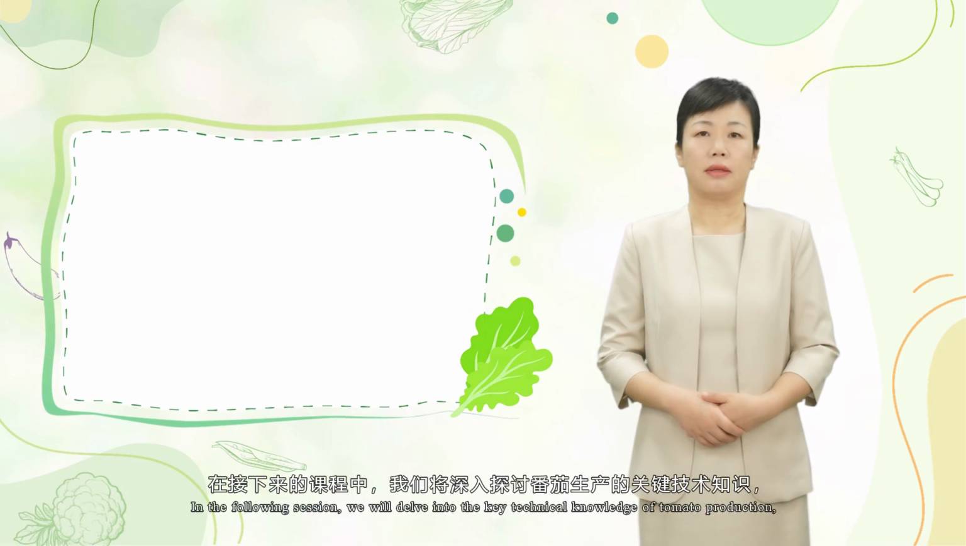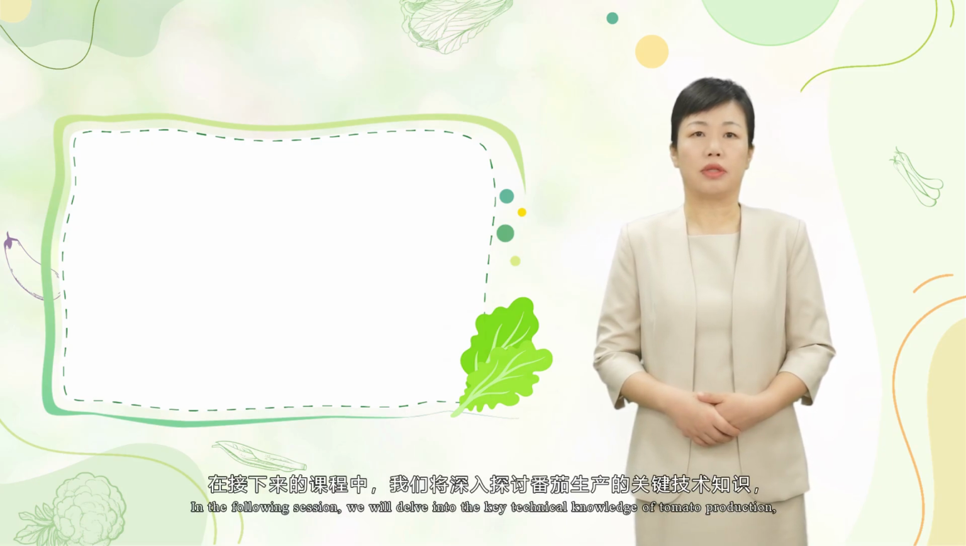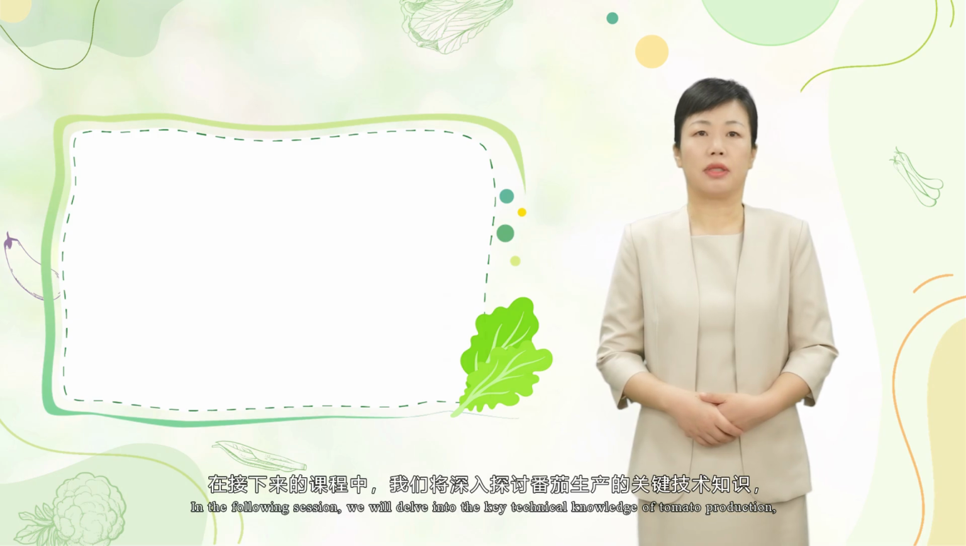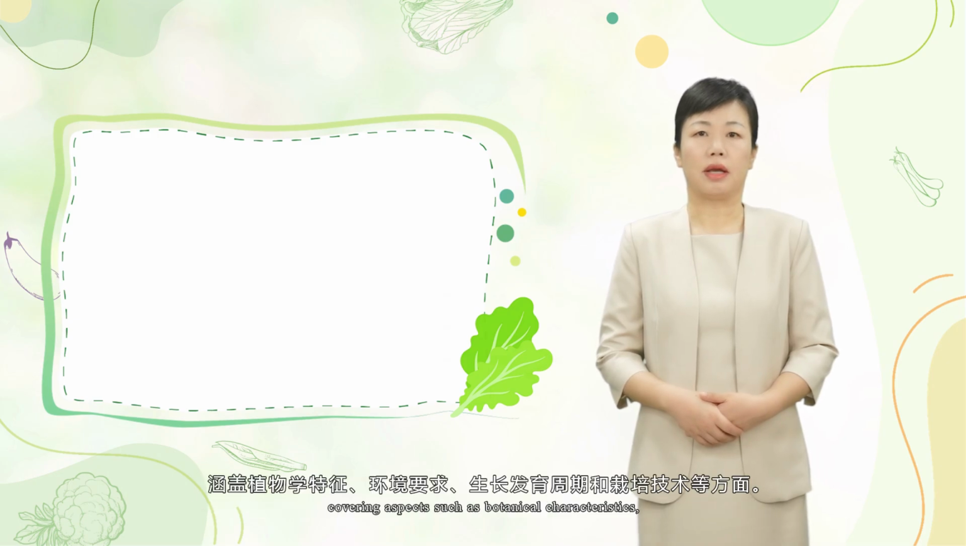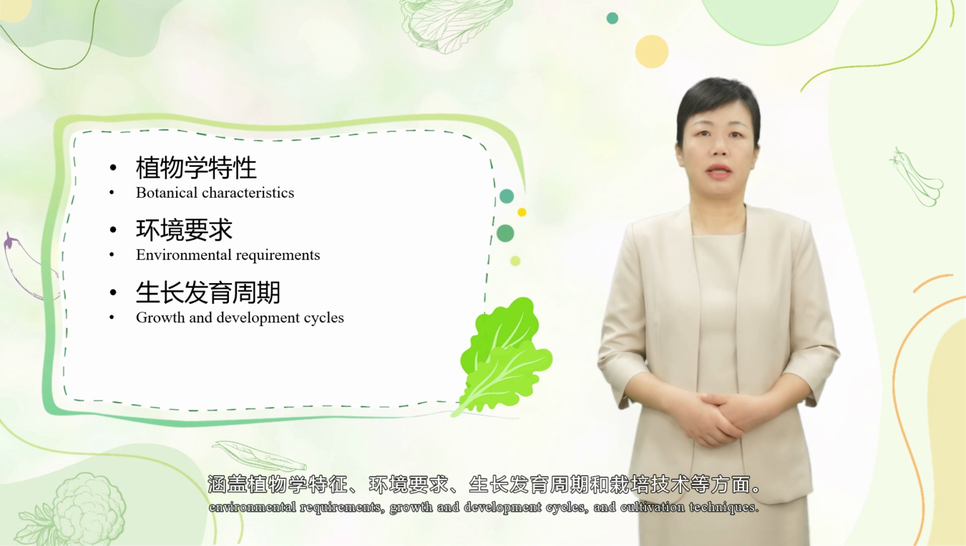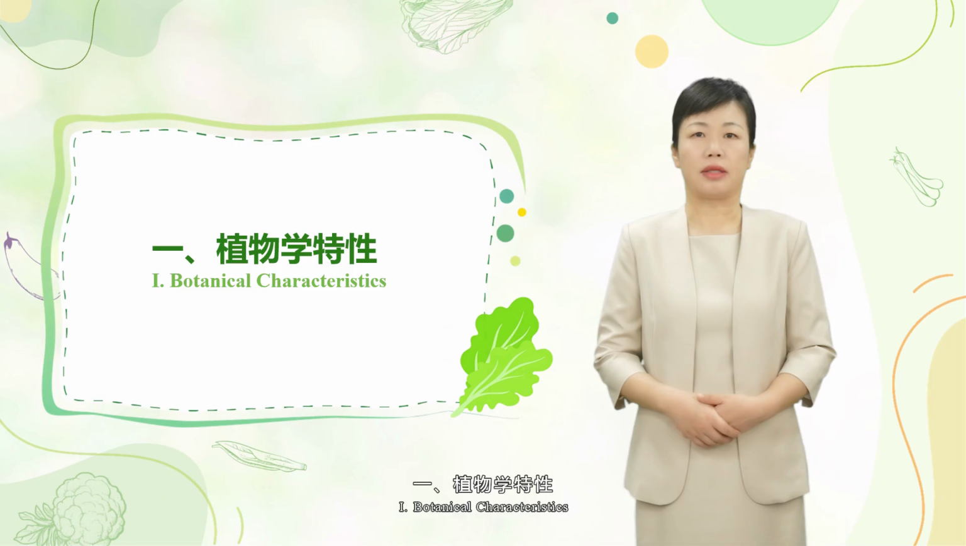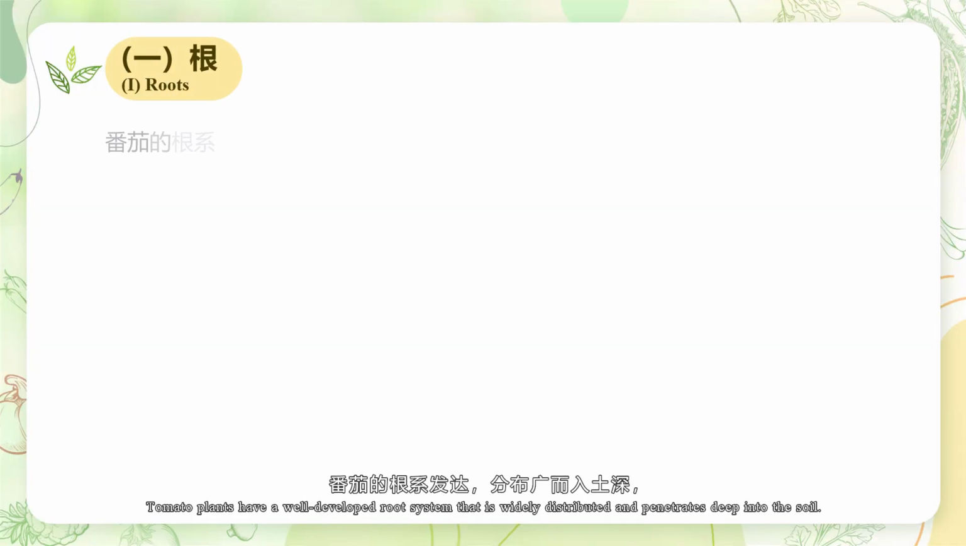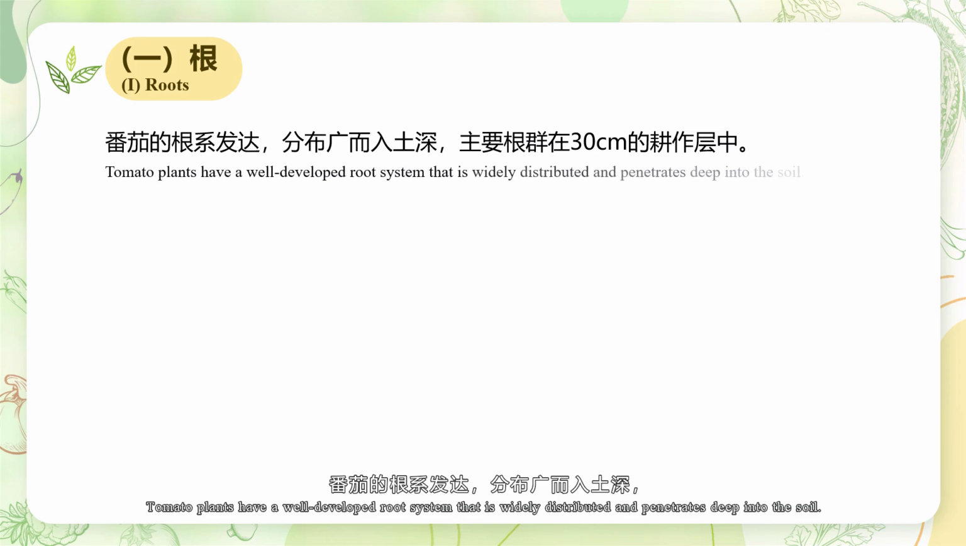In the following session, we will delve into the key technical knowledge of tomato production, covering aspects such as botanical characteristics, environmental requirements, growth and development cycles, and cultivation techniques. Botanical characteristics. 1. Roots. Tomato plants have a well-developed root system that is widely distributed and penetrates deep into the